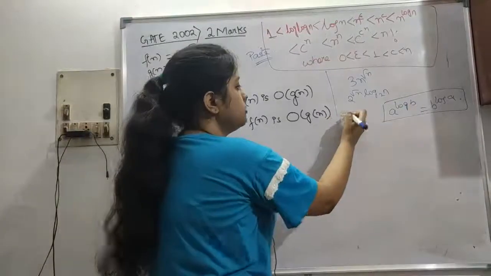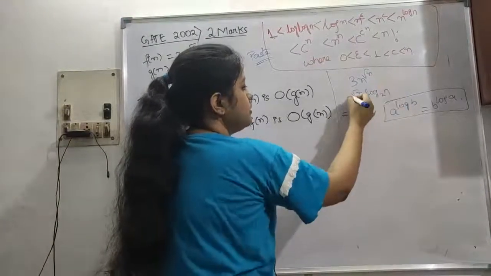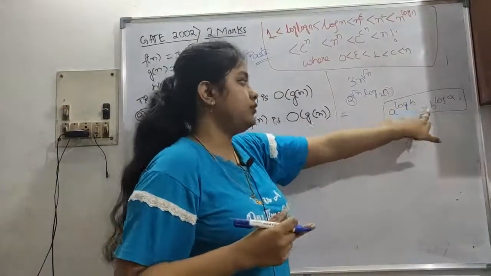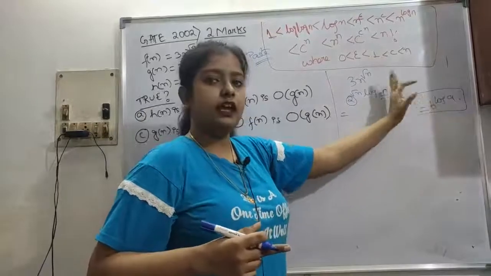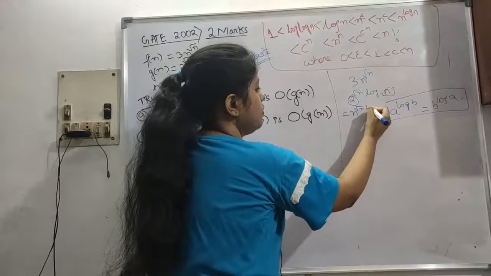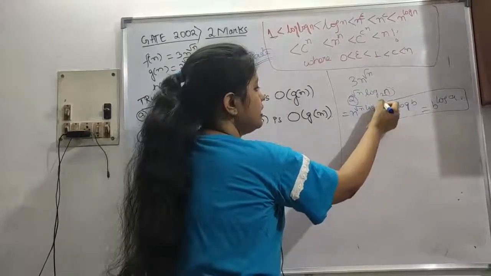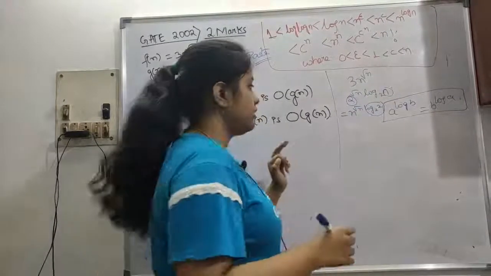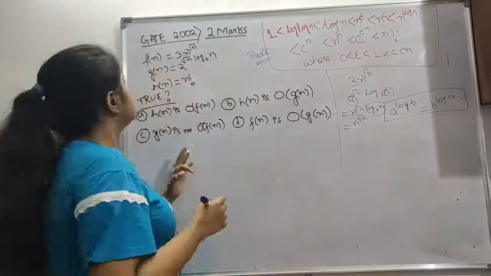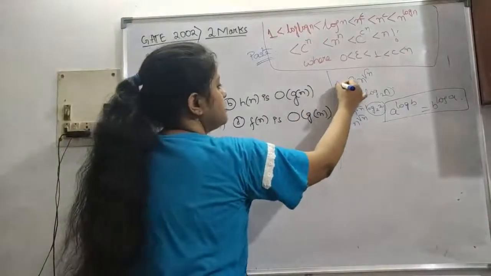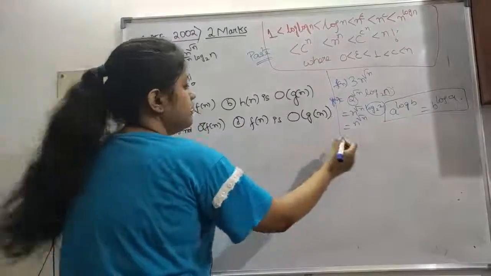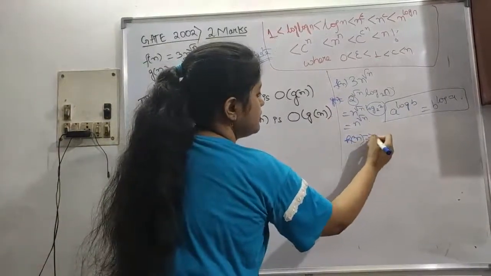So what you can do, you can swap this and this. a to the power log b is equal to b to the power log a. You can see a and b are swapped. So this is basically n to the power root n, log of 2 base 2, and you know this is 1. So this is coming as n to the power root n. So gn is coming as n to the power root n. This is fn. Okay, so fn is this, gn is this, and now hn is n factorial.